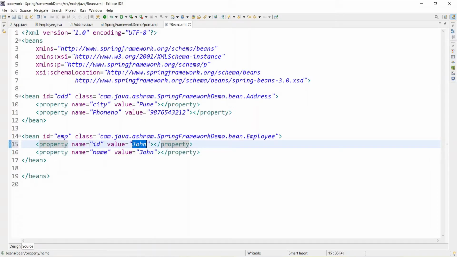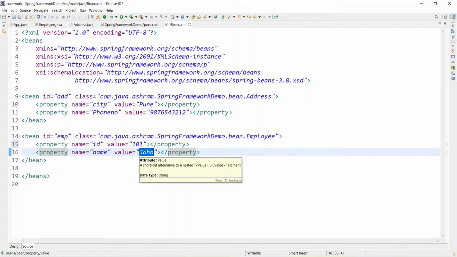Let's say for ID I am giving 101, the employee ID is 101, and for name, property name and value, I am giving, let's say, John. Okay, John, that's fine, keep it John only.